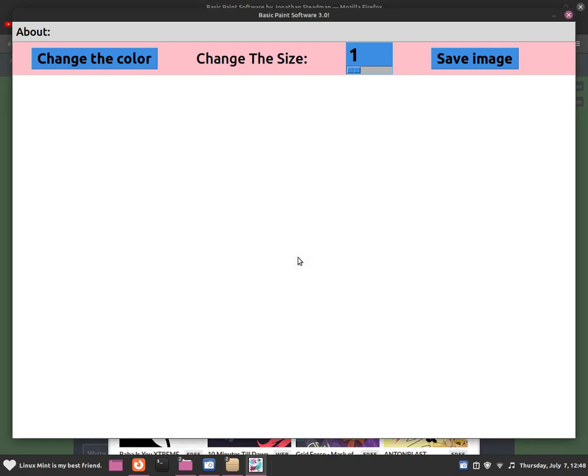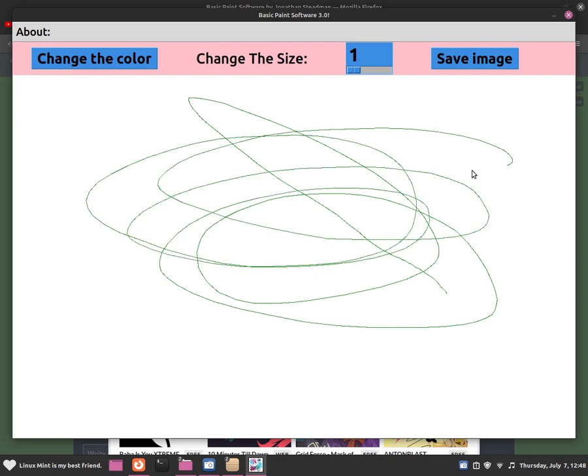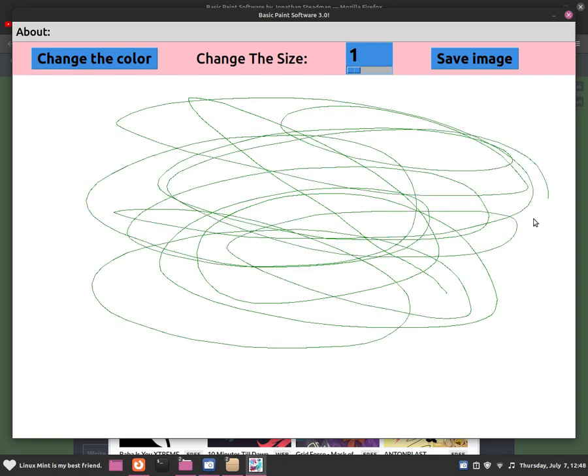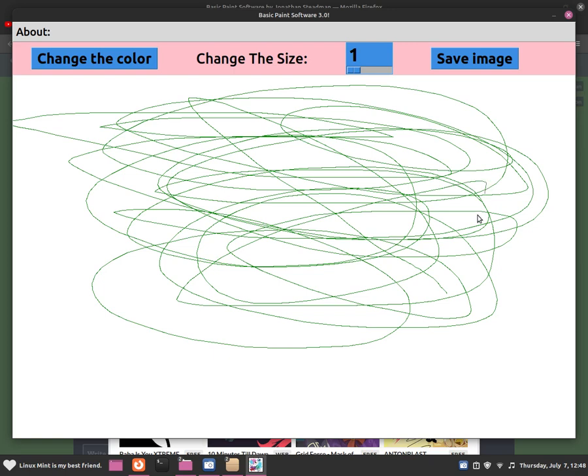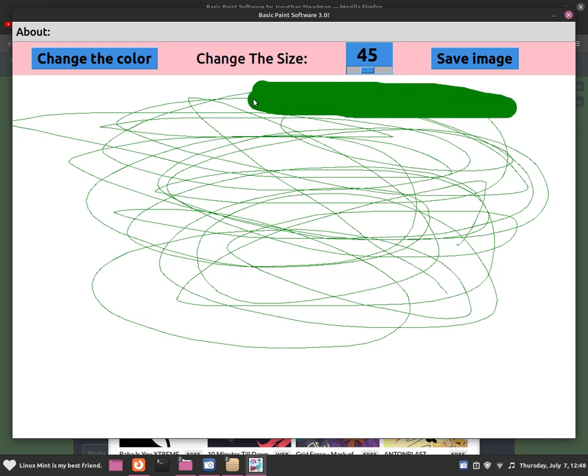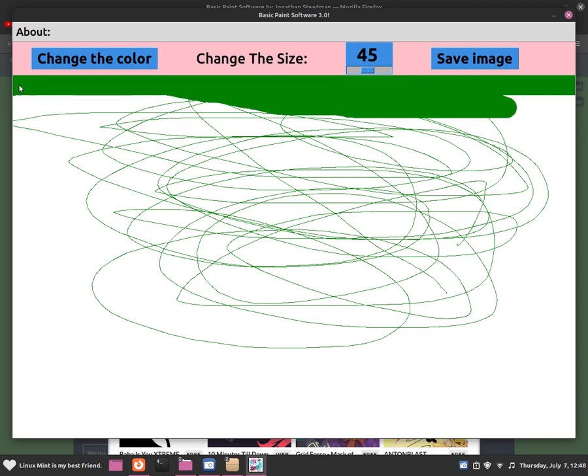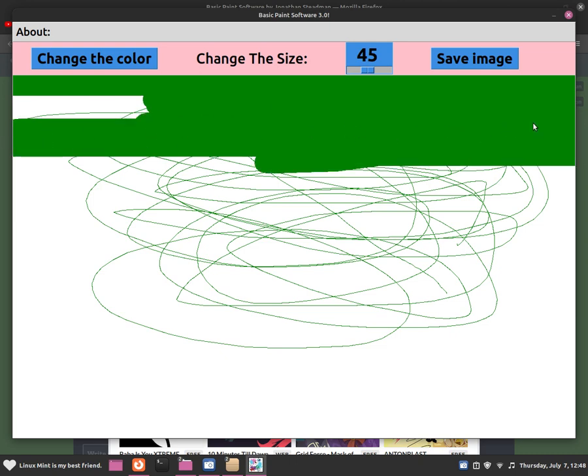Now to start drawing, all you guys are going to do is use the right part of the mouse and start drawing like this. Now this is how you guys can draw. And now to change the size of the paintbrush, we'll need to use the scroll bar, and that should change the size of the paintbrush like this. As you guys can see, the difference in the size.